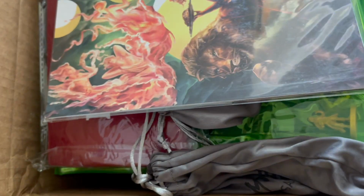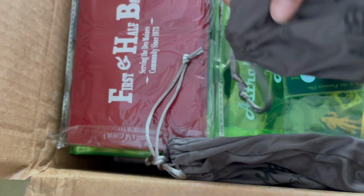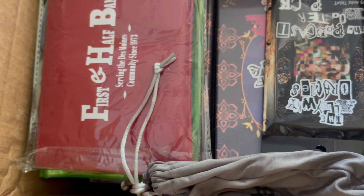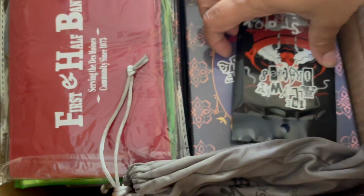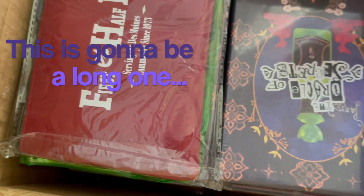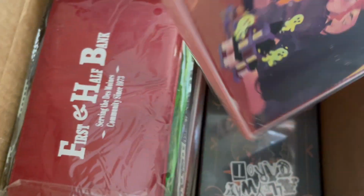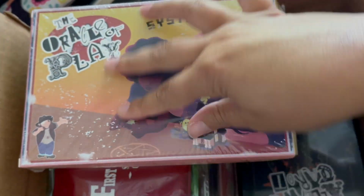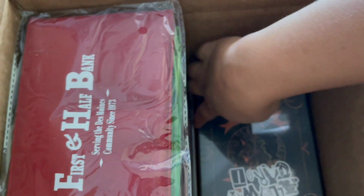So I ordered some prints. I ordered 2 of everything, or most everything. The different bags, so I'll pull them out because I want to see how everything's stacked in here. Then we got the booster pack, and I want to share with you the card that I created for another booster pack. I'm going to have to pause the video for a minute and open all of these as well so you guys can see that. But there is the Oracle of Secrets, and then there is the Oracle of Play. Sorry about this video a little bit, guys. My tripod is kind of broken. Then we have